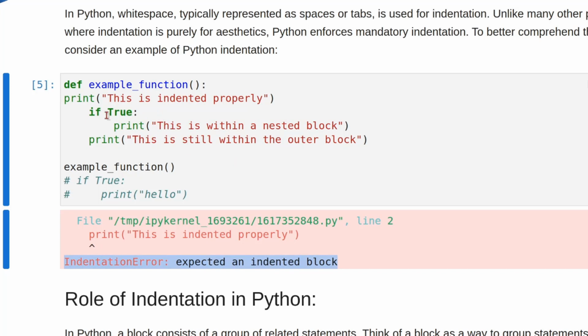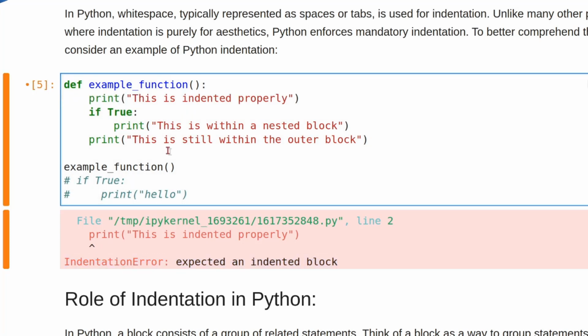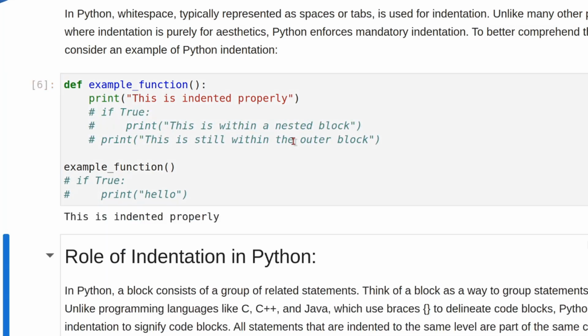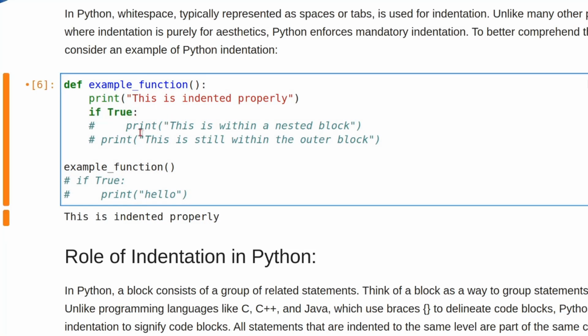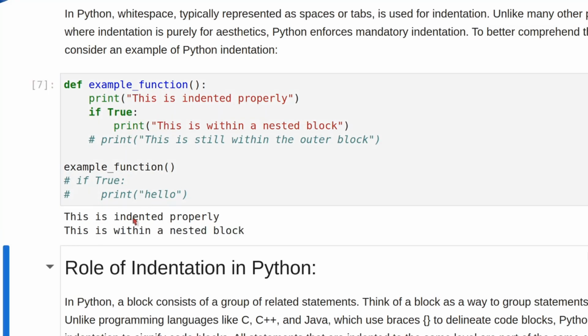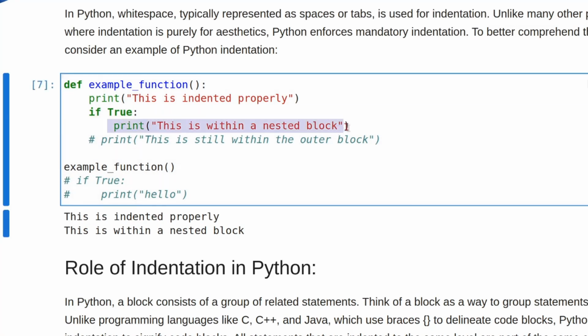So I'll again put in the tab. This means that under this function, I am first executing this print statement. Let's comment out this code as if it does not exist. If I now run it, it will print: this is indented properly. If I have this condition now, if True, again I am indenting this. Print: this is within the nested block. If I just put it here, it is out of the indentation and it will give me an error. That's why I am putting a tab. A tab means 4 spaces. I am putting in the 4 spaces so that I indent it. When I print it again, it will show this is well indented, and then it also executes this line of the code.